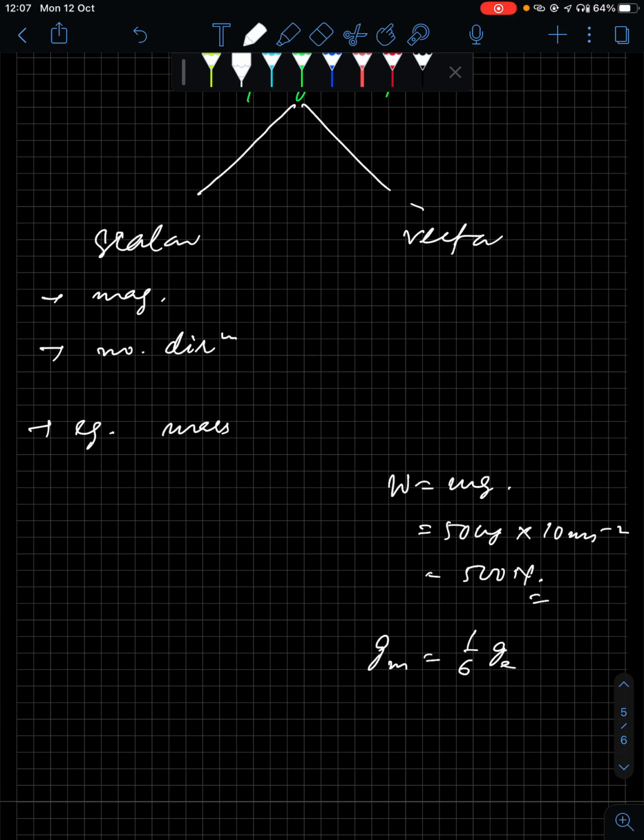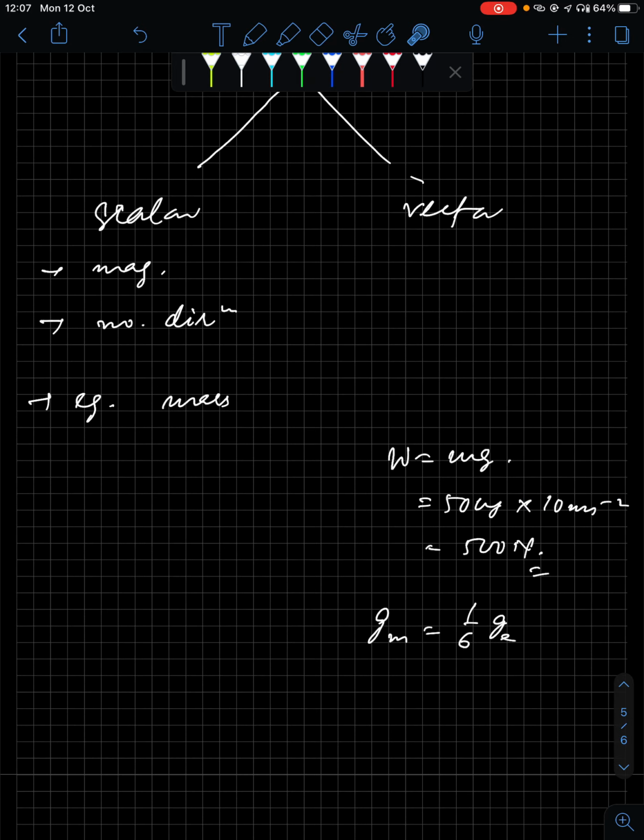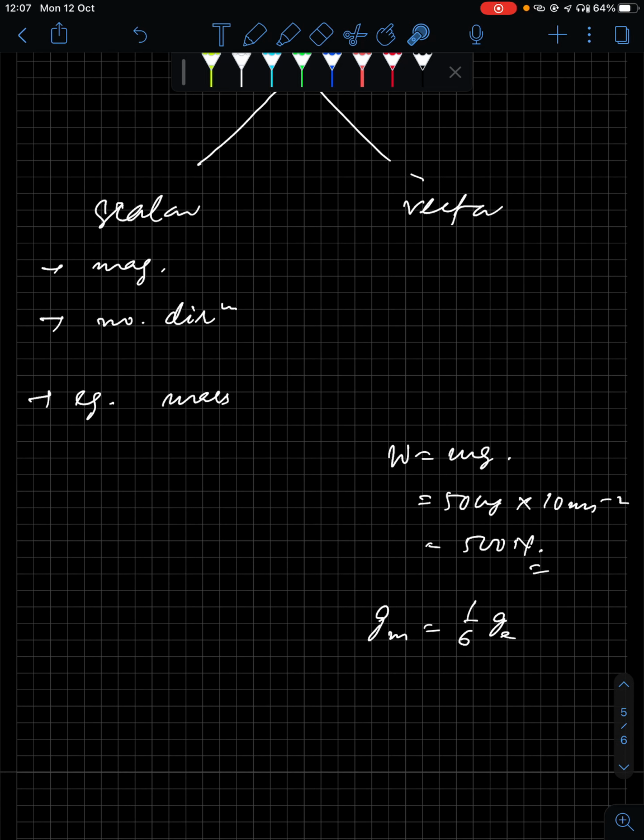Now, if you go to Jupiter, the value of g will increase again, right? So in that case, your weight will increase, but your mass will always remain the same. That is, 50 kg will always remain the same. What is changing is this value of g, and therefore your weight is varying. And what you experience in day-to-day life is your weight.